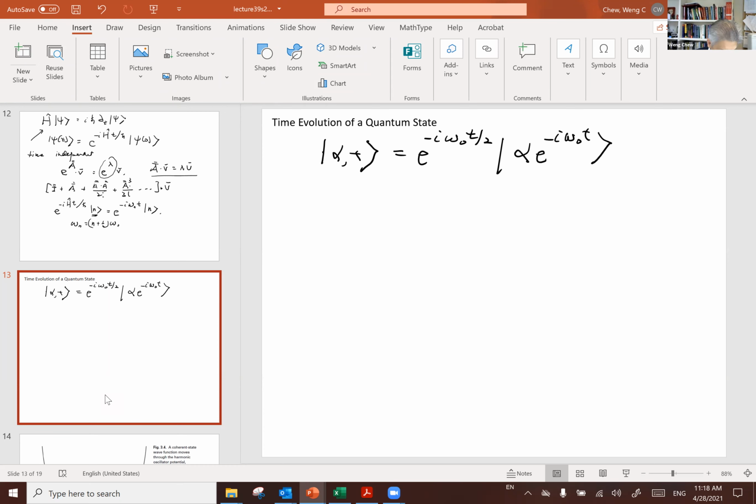A time evolution of a coherent state behaves in this manner, and you also find that the annihilation operator, when operating on this coherent state, would just give you a complex number times that coherent state, where this complex number is actually now,